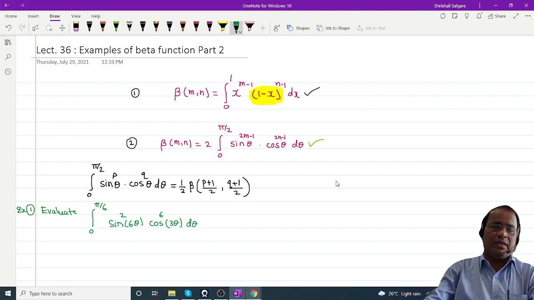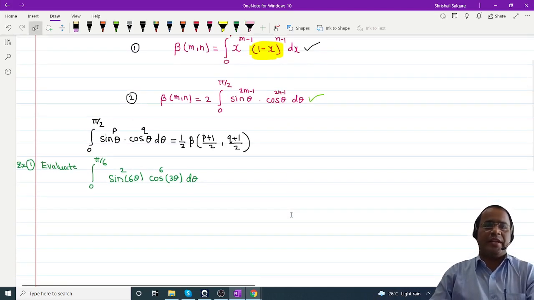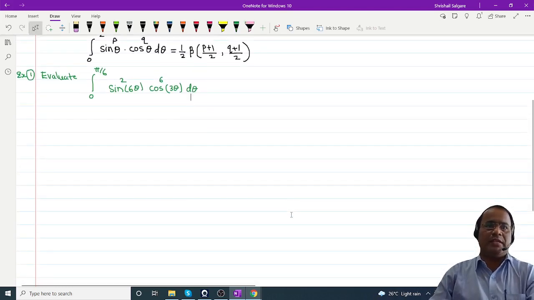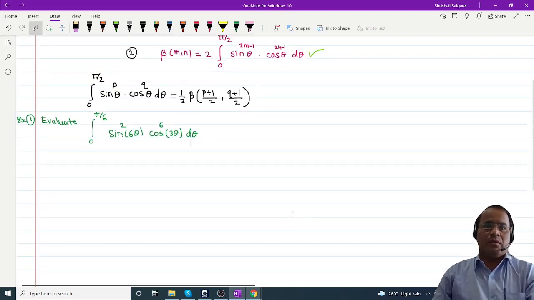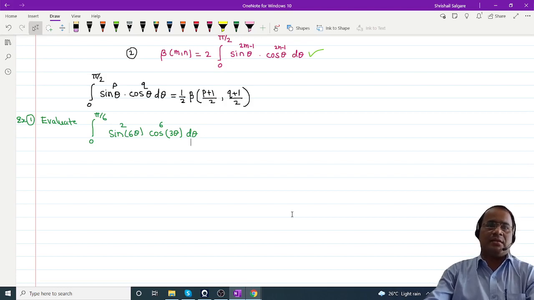And one thing you can remember, when you are getting limits from 0 to pi by 2, the integrand is a combination of sine and cos, and the angle is not a multiple of any value, it is just theta. So the first step,